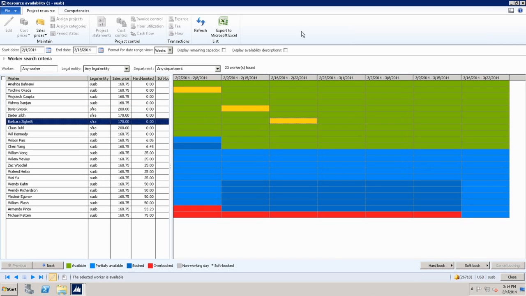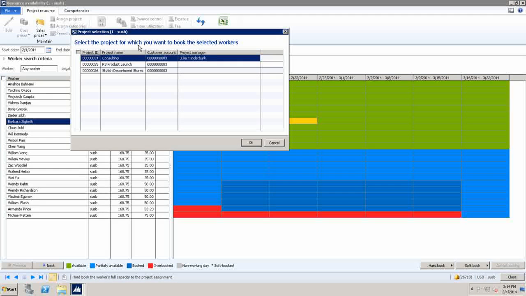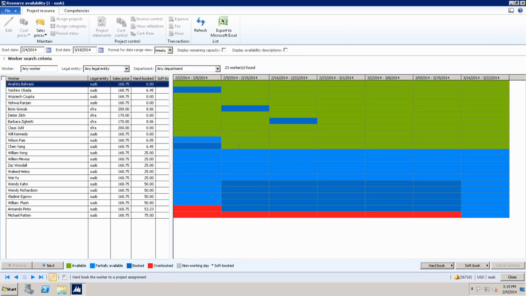I can go and, when I see my mouse, I can say their full capacity. Brings me the project. And now I will make them part of the consulting project. In one go, I booked 3 different people in 3 different periods of time for a project. So really, it's a very interactive UI that you can make calls on.